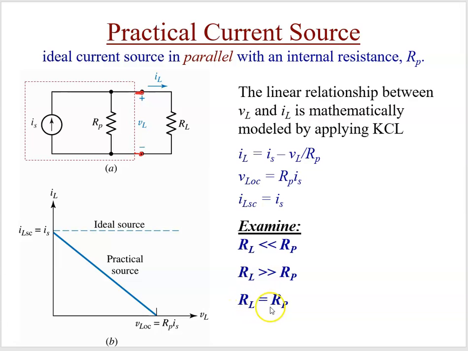The last thing we want to examine here is if RL was equal to RP. Well, if RL is equal to RP, then these two resistors are in parallel, right? So then IL, which is equal to VL over RL, and IP is equal to VL over RP. Well, if RL is equal to RP, then these two currents will be the same, right? And then we'll be right back here, just like with the ideal voltage source. It'll be right in the middle of our graph there. So that's when we'll get maximum power delivered to the load,